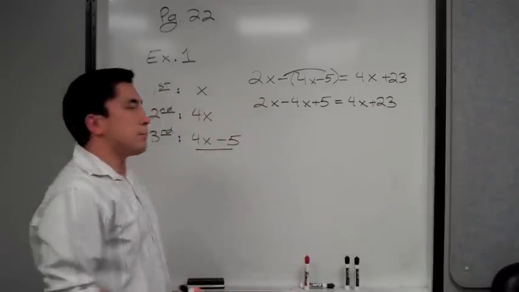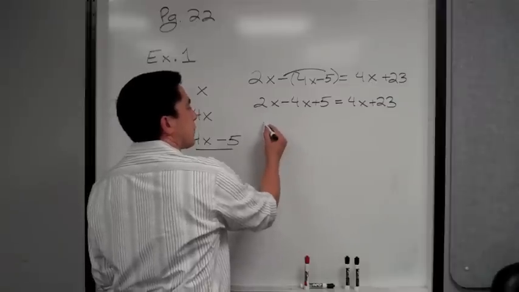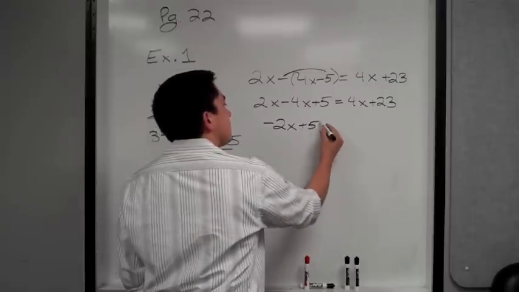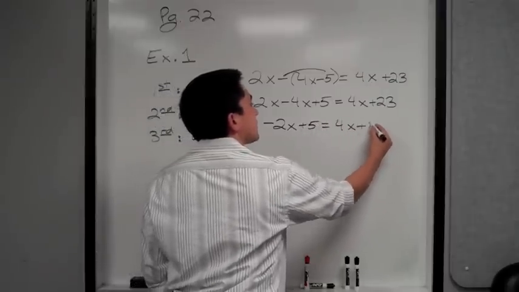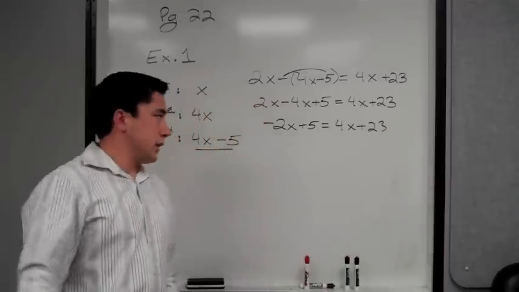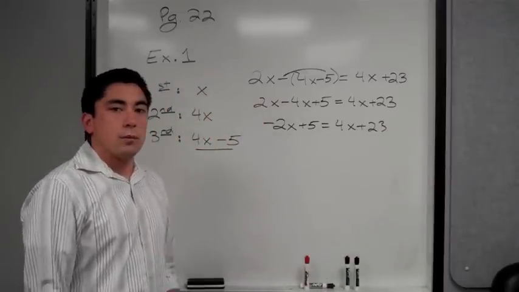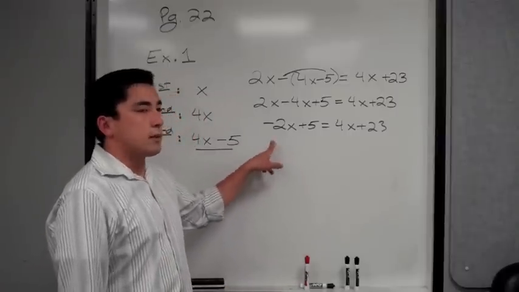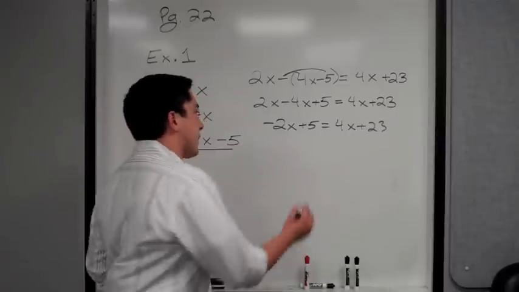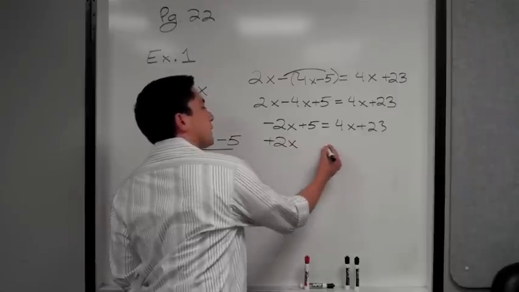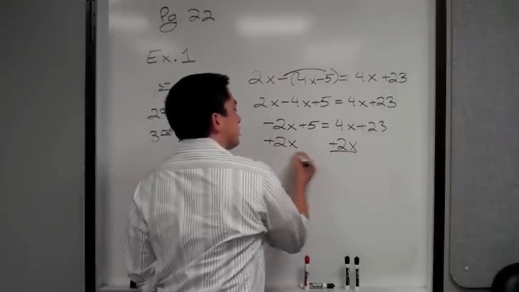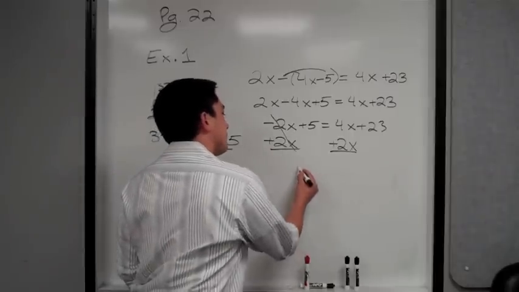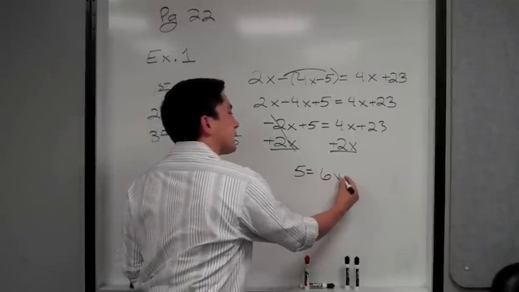From here you would want to combine like terms. So we have 2x minus 4x gives us negative 2x plus 5 equals 4x plus 23. Now, we're almost done. Let's get all the x's to one side, everything else to the other. I don't like negatives, so let's move it over by adding, so plus 2x. That'll cancel that out. Remember, you always do the opposite symbol. That gives us 5 equals 6x